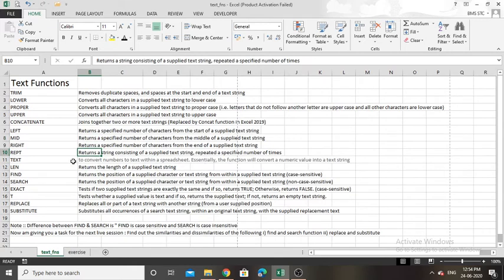So what's the next function? Text. So there is a text function under text functions. Don't be confused while you're writing your exams. If I ask for text function, you have to explain only about this text function. If the questions are like explain different types of text functions or explain text functions in MS Excel, then you have to explain with these kind of functions also along with text function.